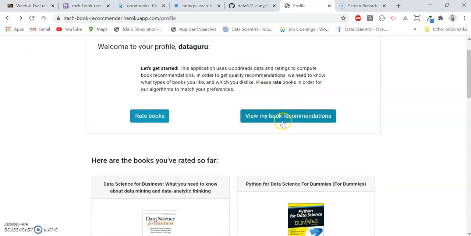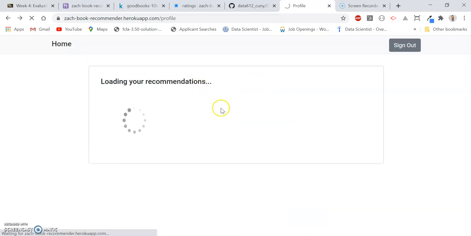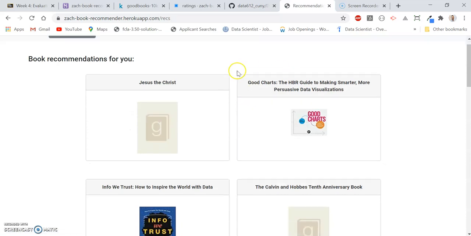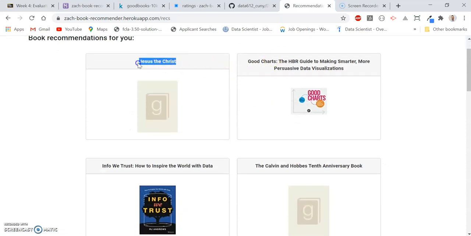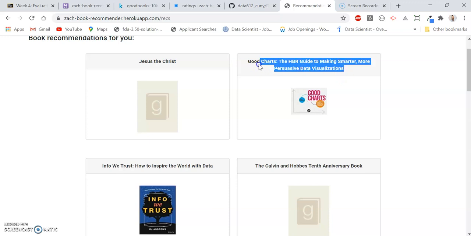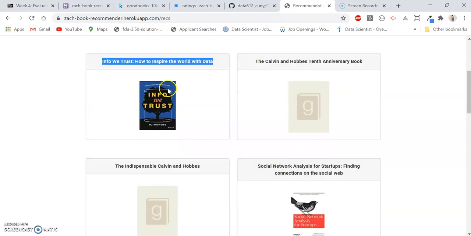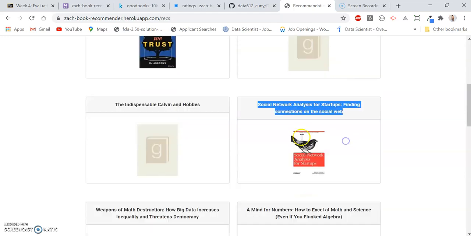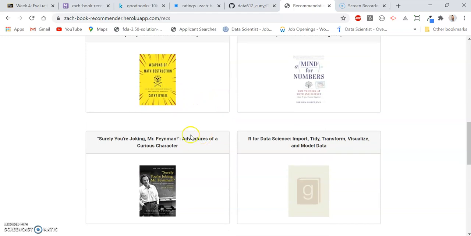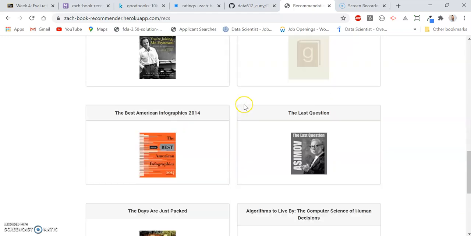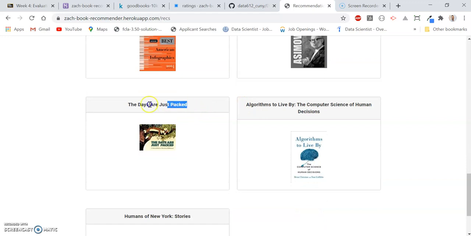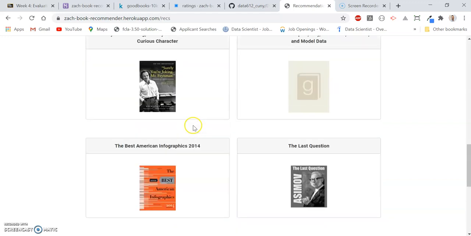Here's the profile page. And then the second portion of it is the book recommendations here. So, once the model is run, maybe after the first hour of a new user coming in, they'll be able to be served up those book recommendations. And as you can see here, some are less related to some of their ratings, but you can see it's a good sign. Some of these data science type of books are coming in from different users that have been set up. You can see here's another data science book, and many others down here that were coming in based on that theme. So not too bad. You can see these Calvin and Hobbes books coming up and a few others that are